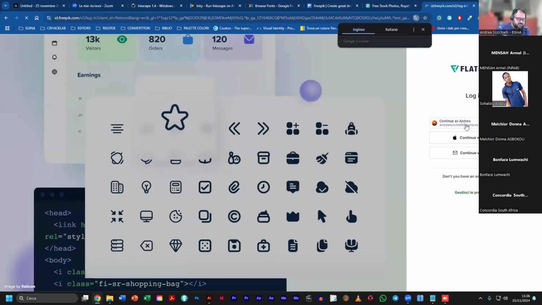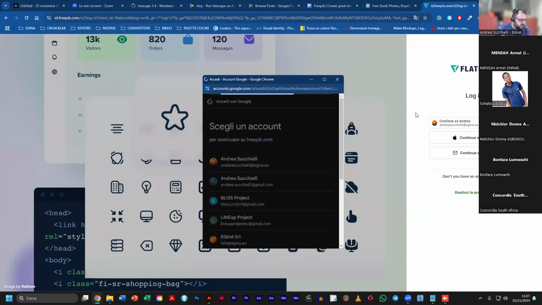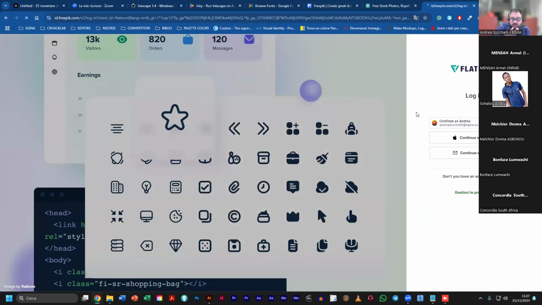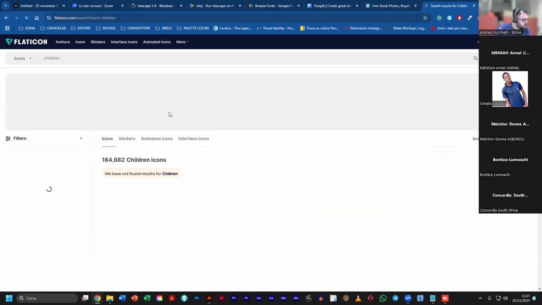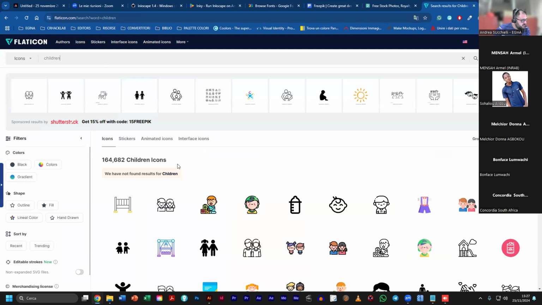With the free account, you have some limitations, but you can download icons to use, for example, in graphic compositions, or if you want to create a mock-up for an application or similar. You can search, for example, again, let's search children. And you can see that we have